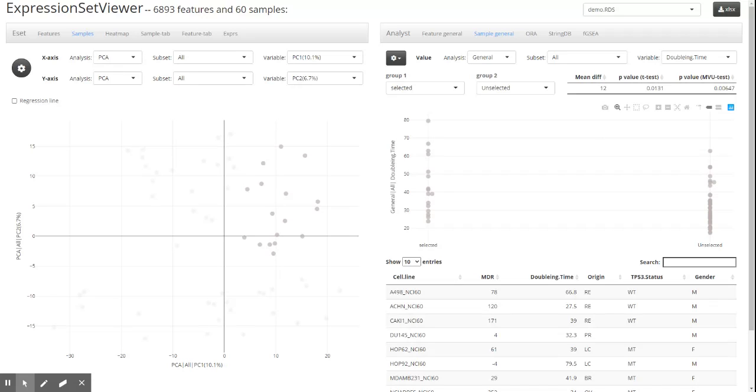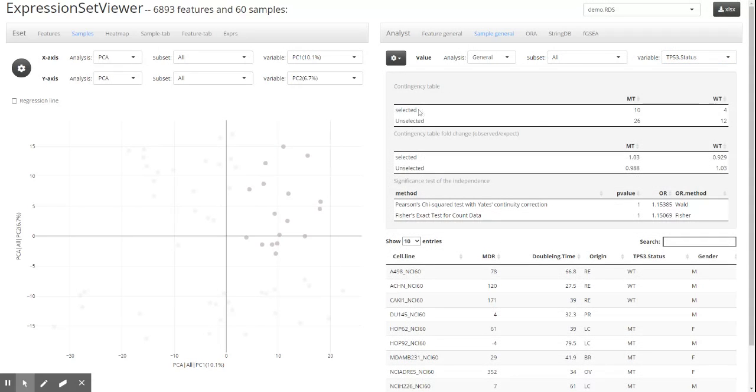You can also correlate the selected and unselected cell lines to a categorical variable. Then you have two categorical variables. What you work with is a contingency table. As an example, we selected P53 status. So the contingency table is on the top, and the first row is selected cell line, and the second row is unselected cell line. The first column is mutant, and the right side is wild type. So in the cells of the table, you see how many counts